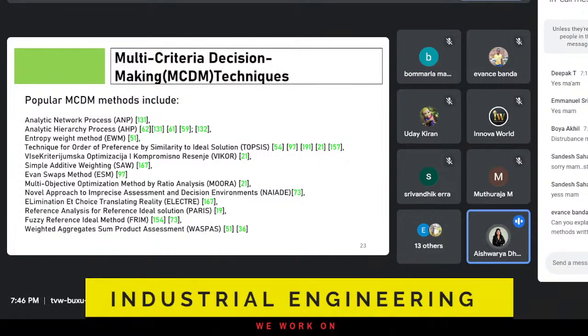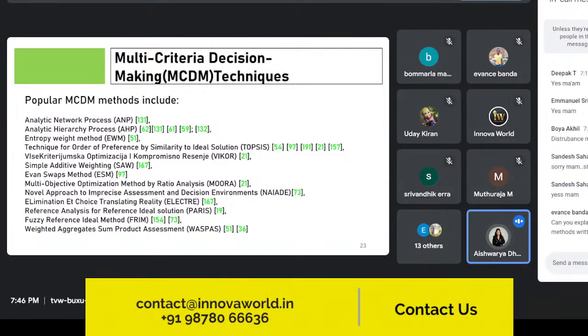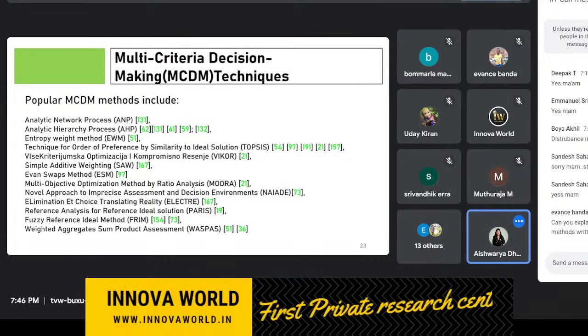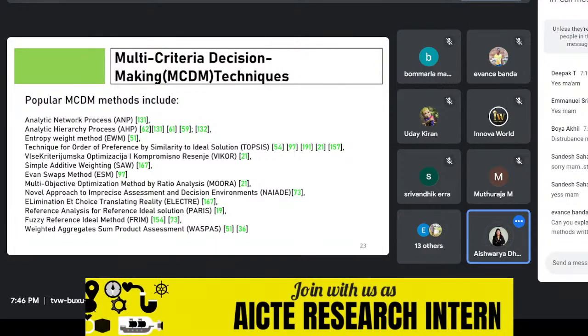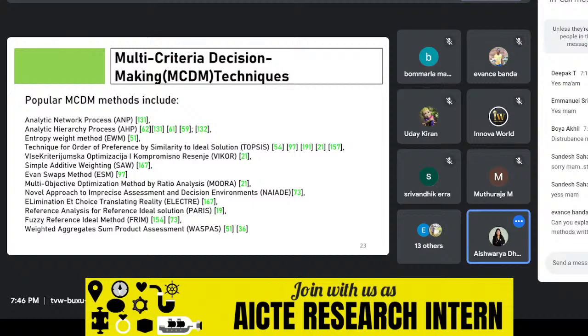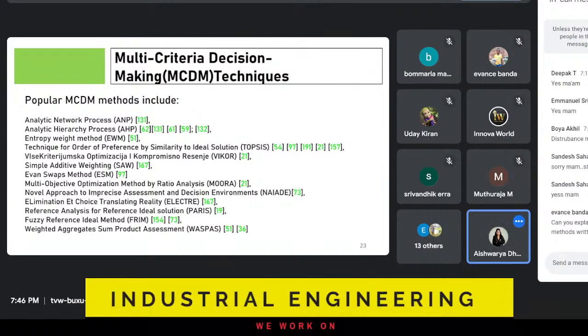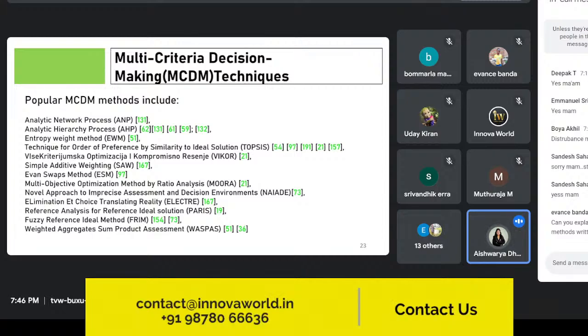Now there are different patterns, different types, and you can see their full forms written. You can take a screenshot, and these are the most popular. You can study these popular methods. Okay, so your task will be to study this. Every researcher must study this MCDM approach, because